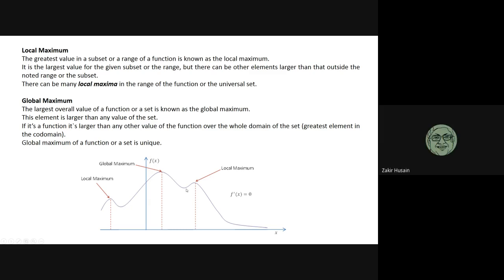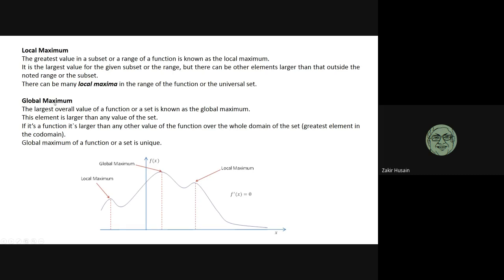See, I'm not trying to define what is maximum or minimum. I'm trying to distinguish between what is local maximum and what is global maximum. So the point that I'm trying to make is that depending upon the range I'm taking, my maxima or minima is going to vary. So therefore, a function will have multiple local extremum points.